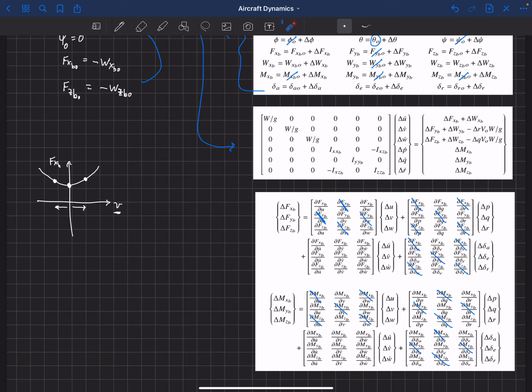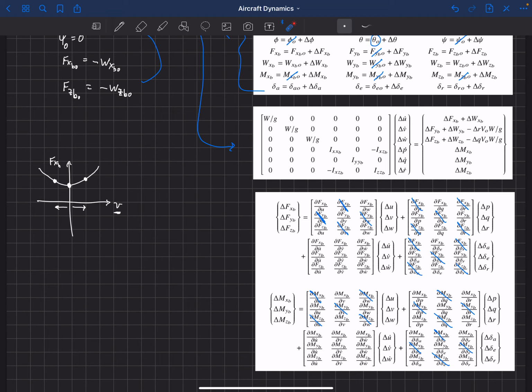And so that means that because the downwash changes as a function of time, the pitching moment is also going to change as a function of time, which makes our forces and moments on the aircraft sensitive to accelerations, not just to our actual velocities, but also changes in those velocities, okay? We'll talk more about that later, but that's why we had to include these terms here.